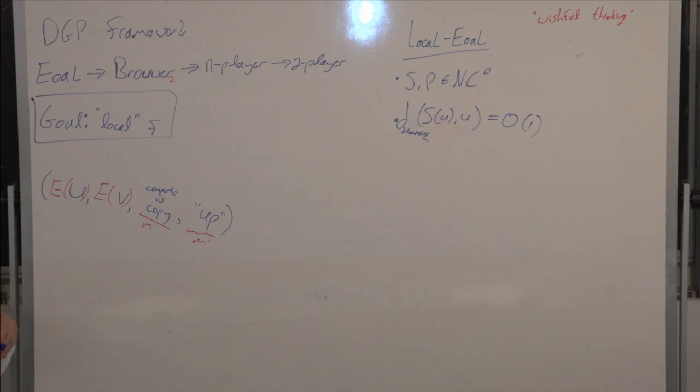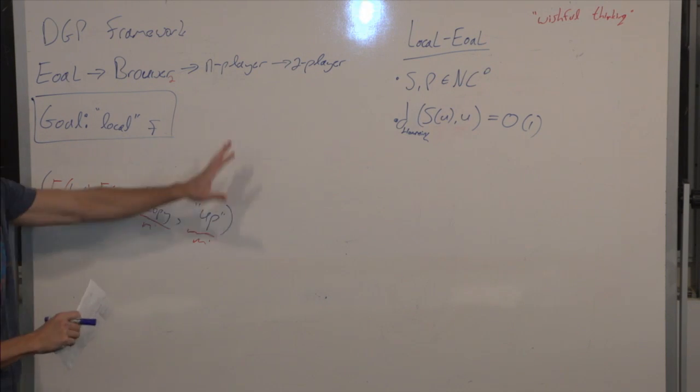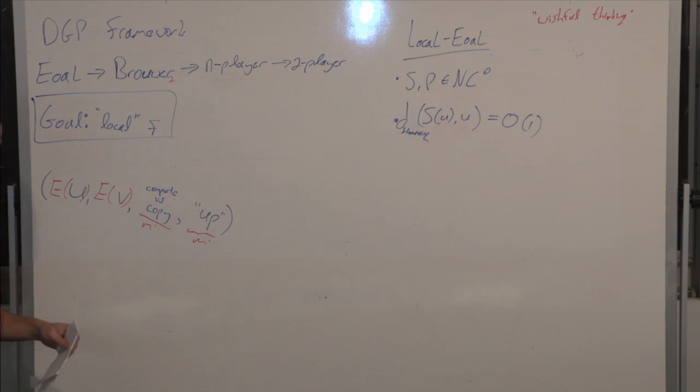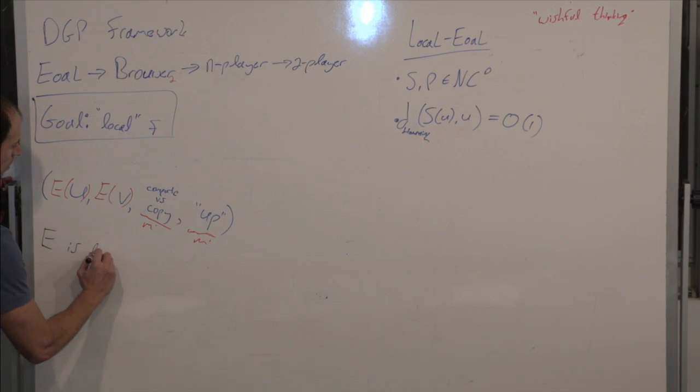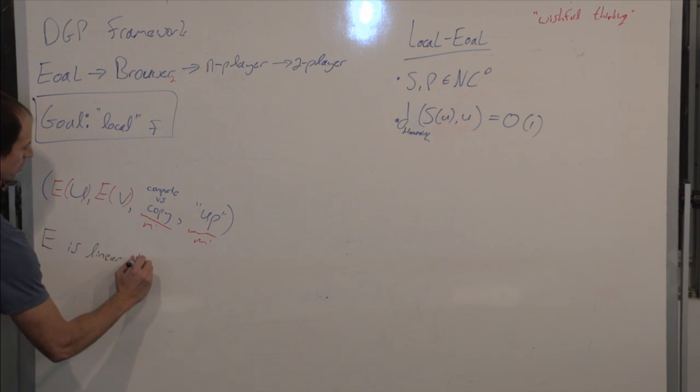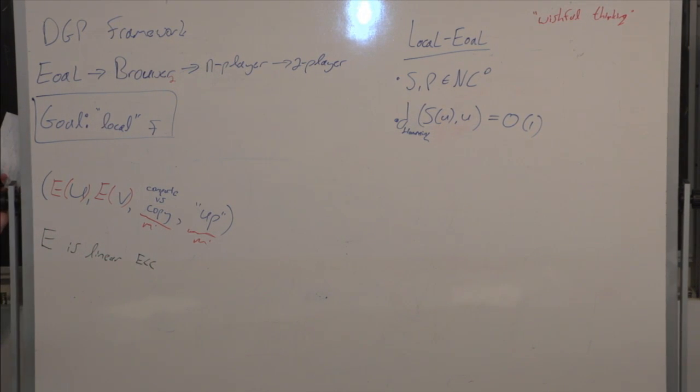Okay, so we actually get almost this, surprisingly. But okay, first of all, let me tell you why this is good for anything, and how do we get around this error correcting code issue. So say that E is a linear error correcting code. Okay, then, so I have this point. I want to know where the path is going. So I have